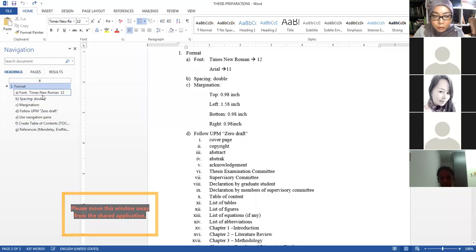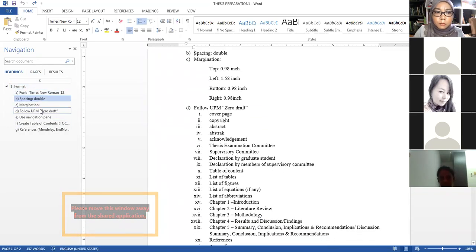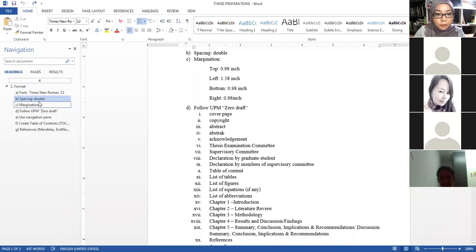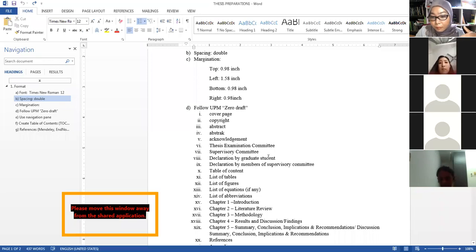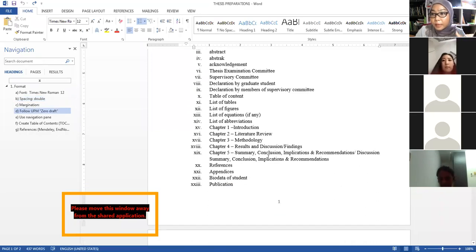I strongly recommend my students to activate their Navigation Pane, because when you do your assignment, it just takes around 5 to 10 pages, so it is easy to scroll down and up. But when you write your thesis, the page count is longer, it can be up to 130, 200.